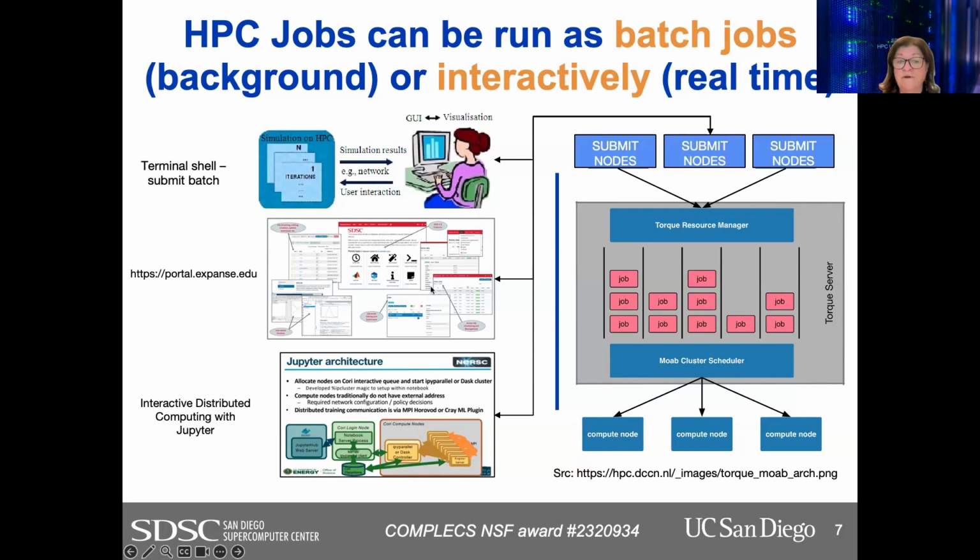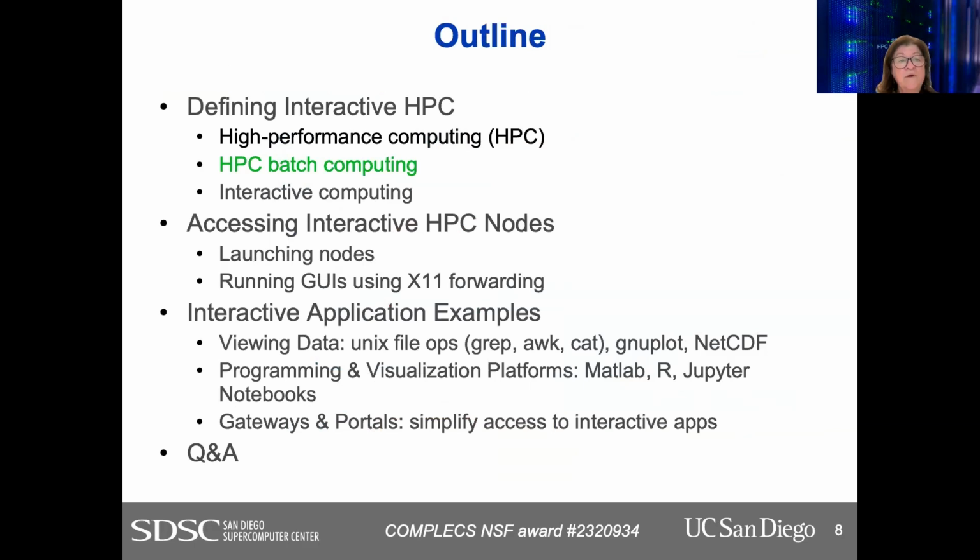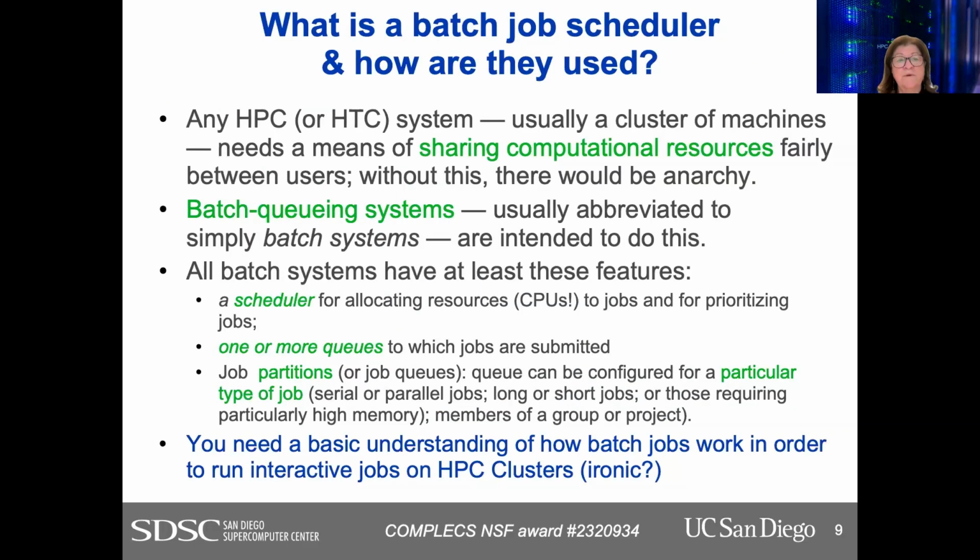So they're very, very important, and they're really expensive on HPC systems, but you have to trust that they do their job. So now let's talk a little bit more about batch computing. High performance computing or high throughput computing systems, again, have a large number of machines that are integrated, and they share the computational resources, and we try to keep that fair. Fairness is based on, for computing, what do you need, and the policies and limits that are set in the queuing system,